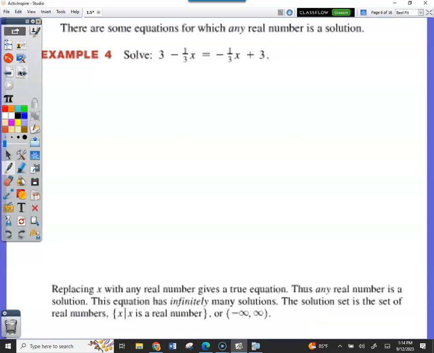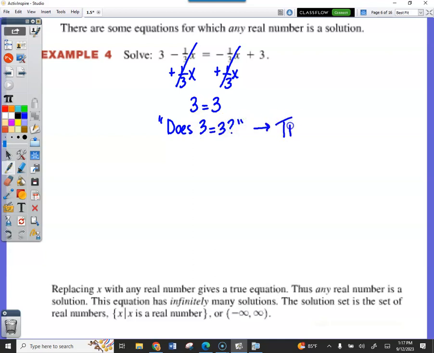Honestly, come back. Don't worry. This is all Tom Ryan. Did you move this and find out that those cancel? You bring down what you're left with, and you ask yourself, does 3 equal 3? And the answer is true. So, here we go. If the variable disappears,